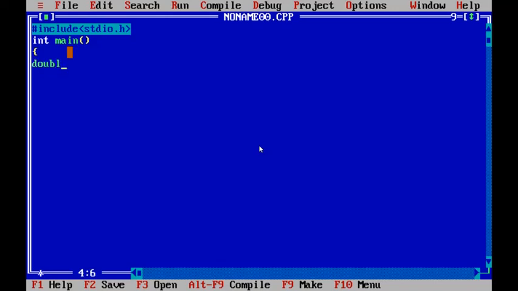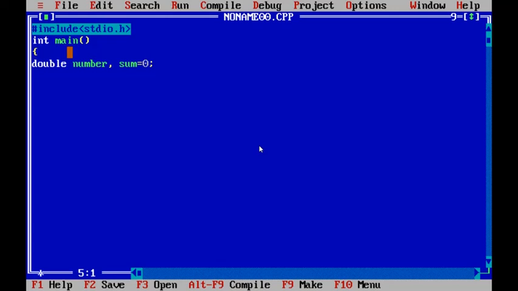Declaring the variables: double number, sum. If you want to do only integer summation, you can take integer variables, int number, sum. Sometimes you may add floating point numbers, so for precautionary purposes I am taking double.